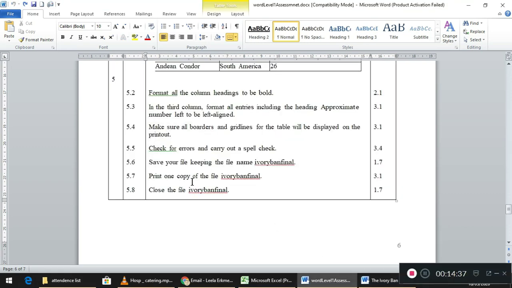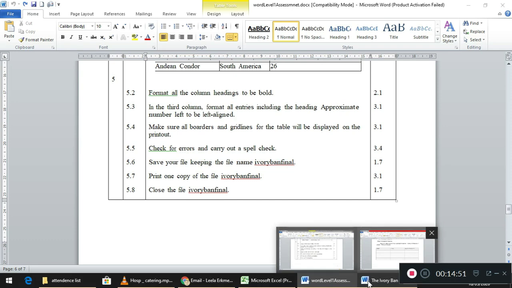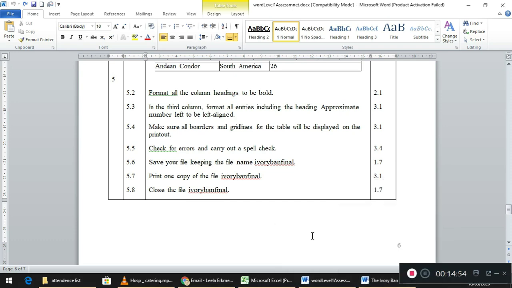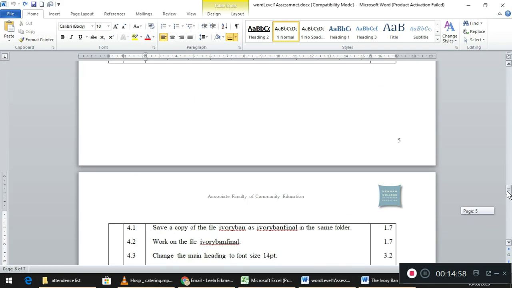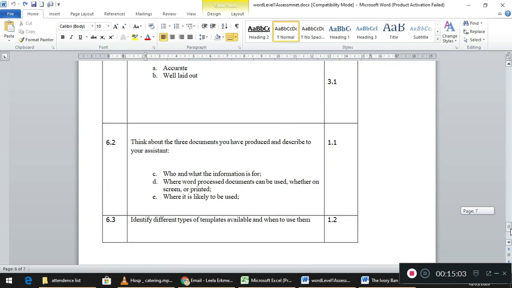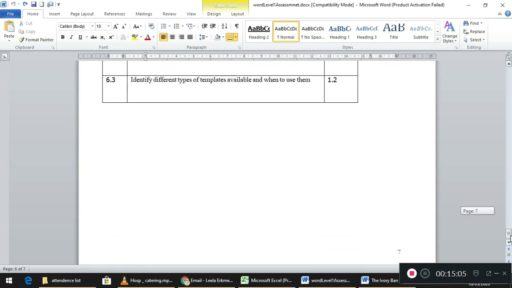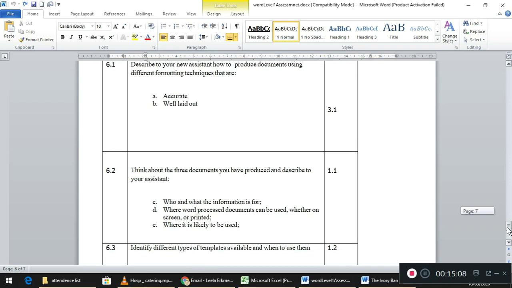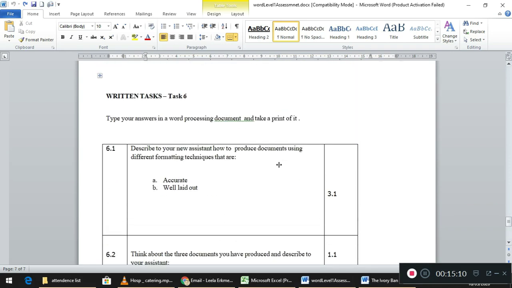And print 1 copy of the Ivory Band. If you want, you can take a printout and keep it in your folder. But for me, you will send me this as an attachment and close the Ivory Band Final. So what you do, students, when you're sending me an attachment, you will send me this Ivory Band Final and Ivory Band, two files. You will send me two documents as an attachment, and also you will send me